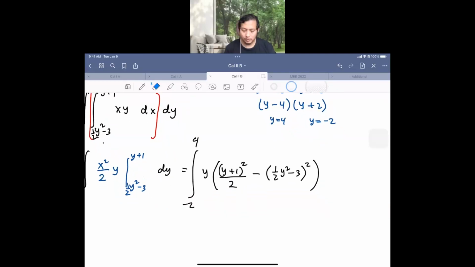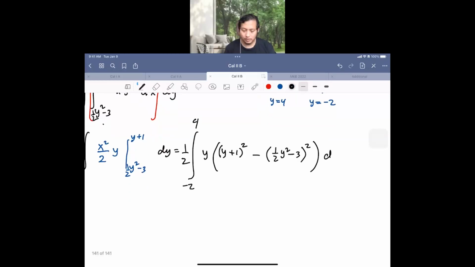Okay, and then I think we can factorize 2 also. Right, forgot to factorize. I will write the outside here to help. Okay, now this becomes this, and this becomes... and then multiply with y, or maybe we can solve this first, then minus,